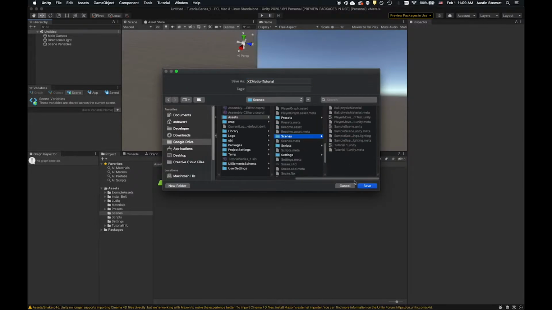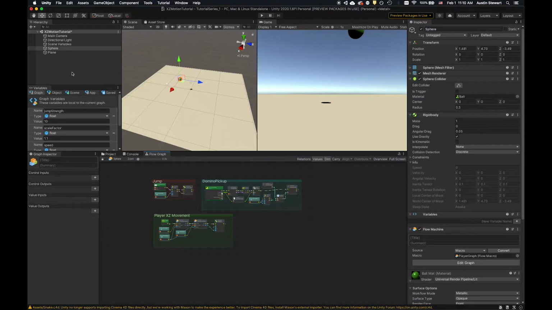There we go. My mouse just decided to stop working for a second. Okay, so I'm going to save that. I've dropped these two objects in here. Now, it just occurred to me that because I've already created this script on this sphere,